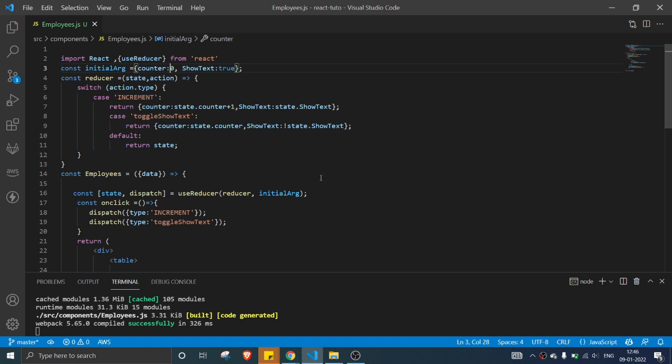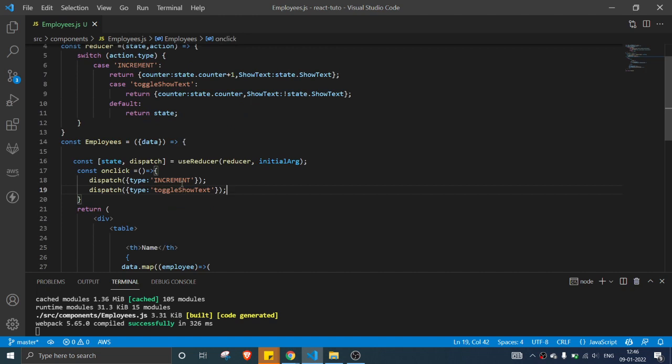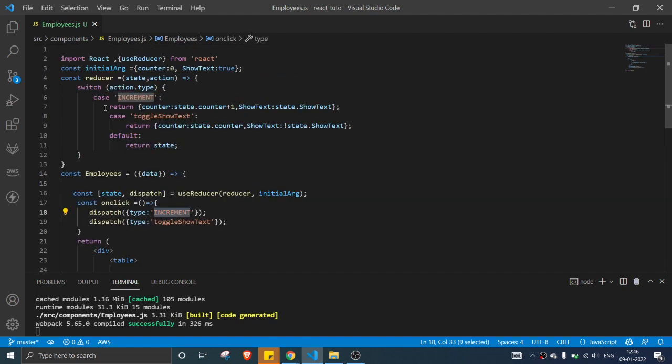We have a common dispatch function which, based on the type, performs the action I need. Suppose I want to do increment, then it will do the increment. And if I want to toggle the show text, then it will do the toggle. So both I handle by onClick, calling multiple dispatch functions and asking it to perform multiple actions. It did, and it's giving the result.